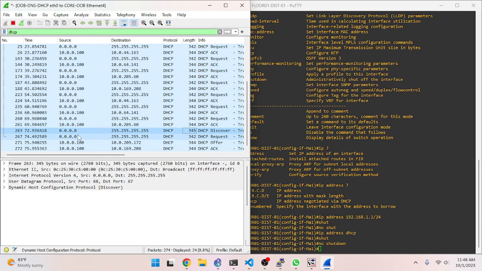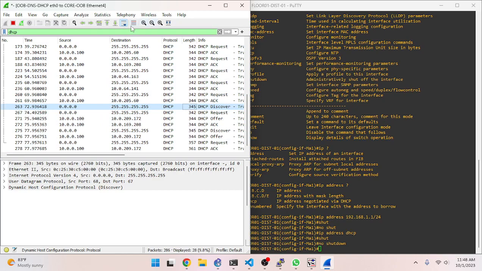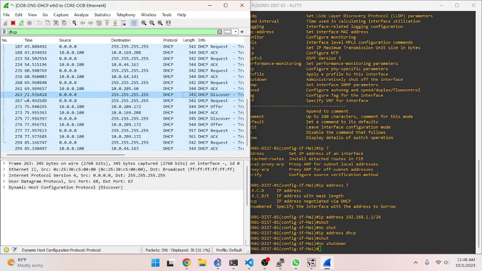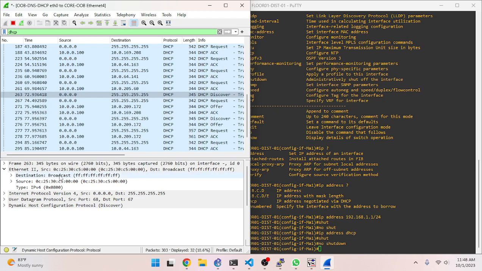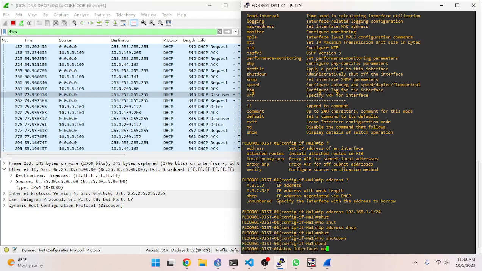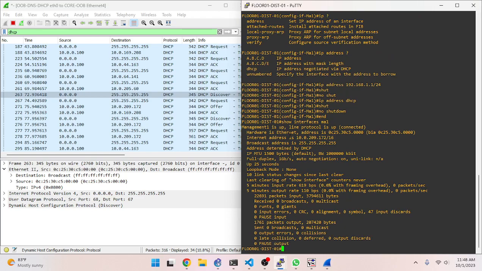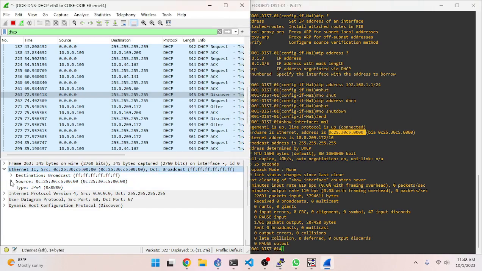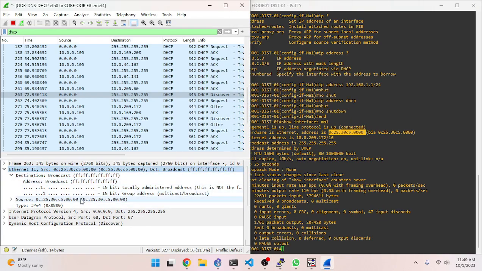So now included in this discover, and the other thing we can do that should work. Oh, I need this. Yeah, there we go. I need this to be unselected and this to be selected. Okay, there we go. So the other thing we should see is the MAC address, and it's the source. So the source should match that. So let's take a look at that, just a sanity check here. Yep, so the MAC address is the same. So then what we want to see is the host name